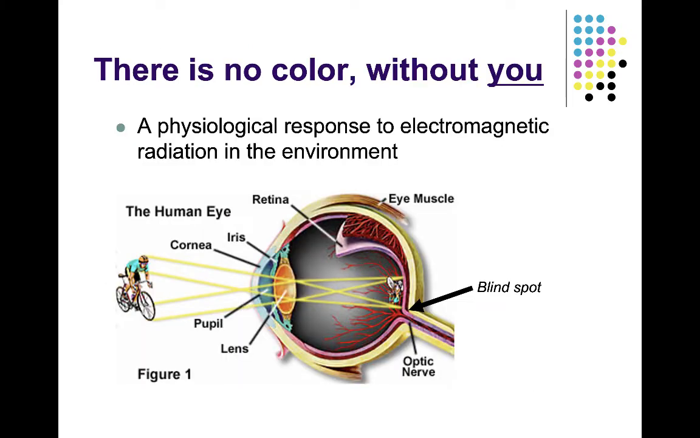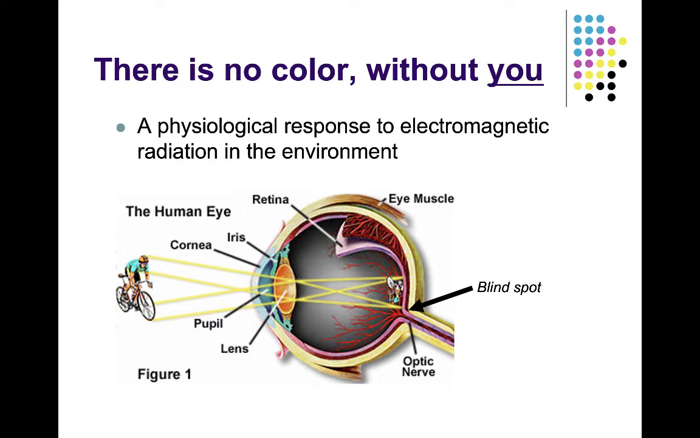Keep in mind, there is no color without you to perceive it. Color is actually a physiological response to electromagnetic radiation in the environment. This is an illustration of the human eye. Light passes through the cornea, which is a protective layer over the lens. The iris opens and closes to control the amount of light that enters the eye, and the lens focuses the